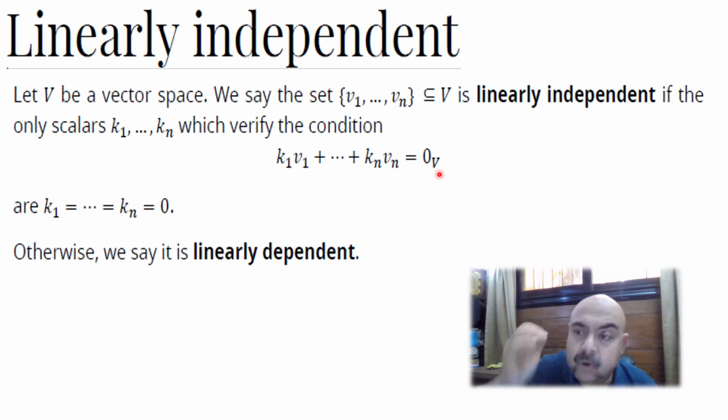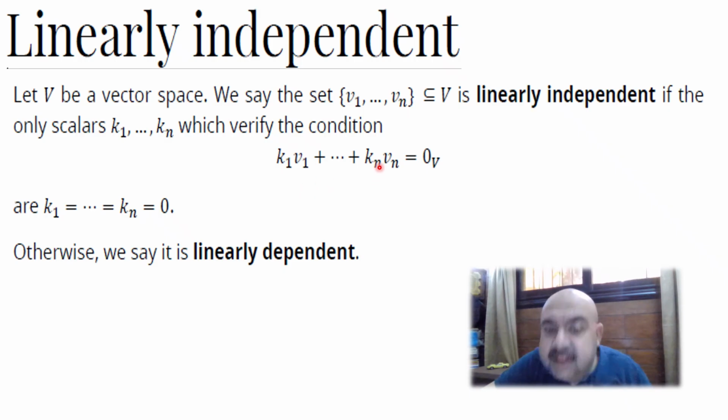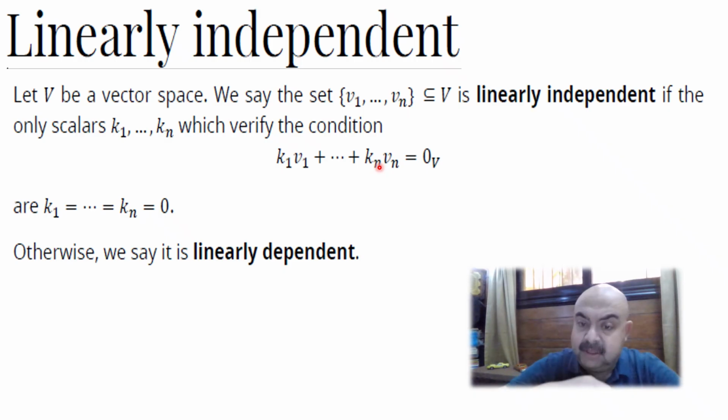This will happen only when K1, K2, K3 up to Kn all equal 0. In such a case, it's linearly independent. It's a linearly independent set of vectors. For any span, if we want to know if it is linearly independent or not, simply all we have